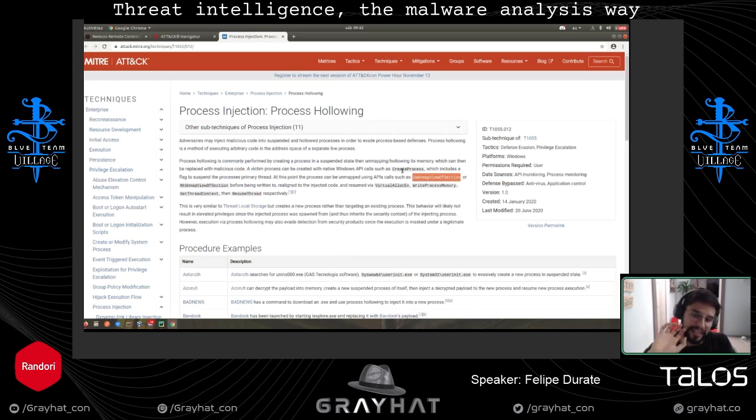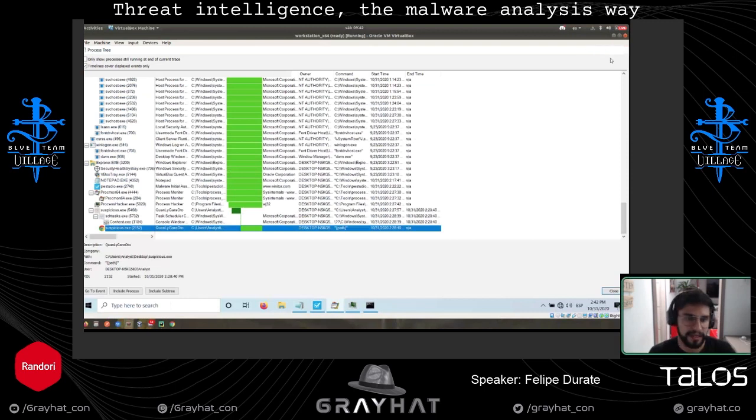Then the malware removes all the code that was loaded by Windows, then allocates a new section of memory, then writes the new code inside that section, sets the new thread context to tell the software to start the malicious code, and then it resumes the thread to continue the execution of the malicious code. So that's the flow of this injection. But for the sake of speed, we're going to focus on CreateProcess and WriteProcessMemory, just to see this working.